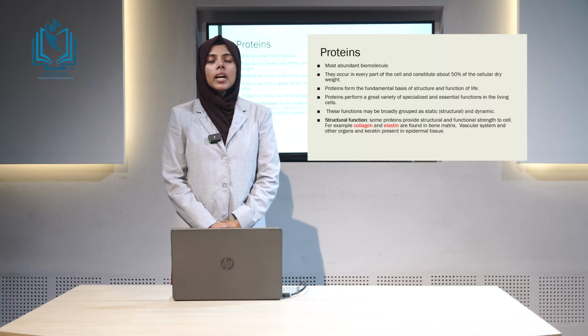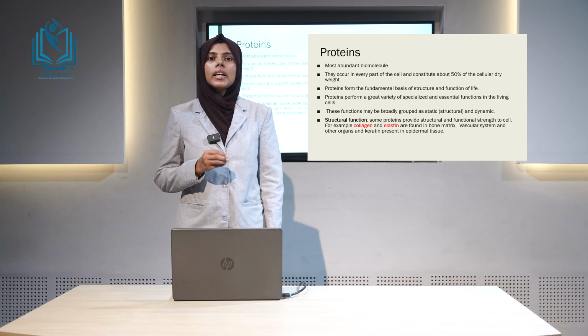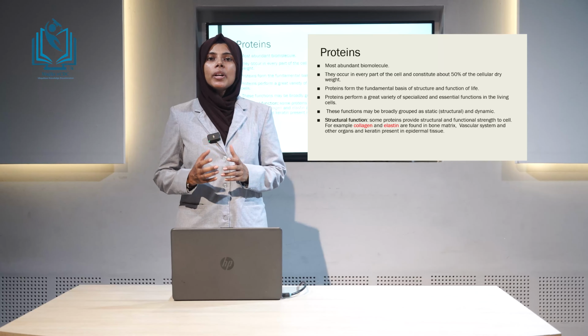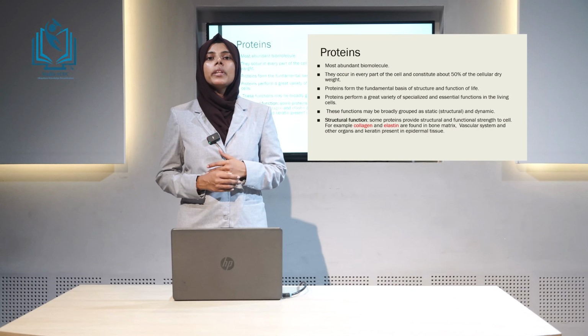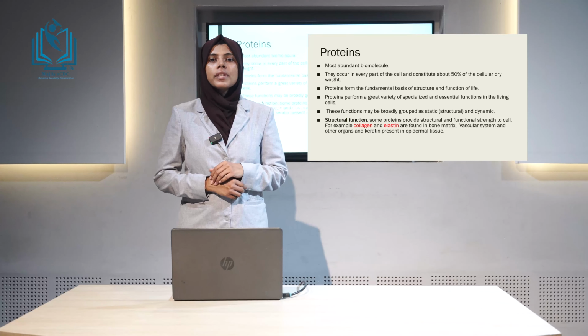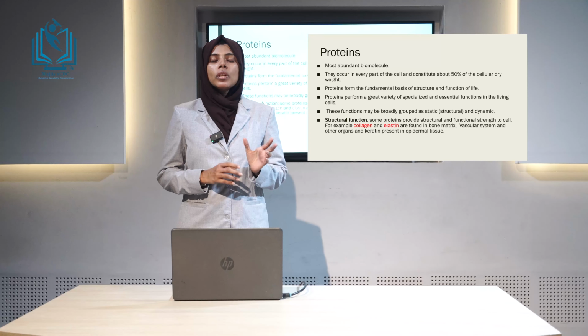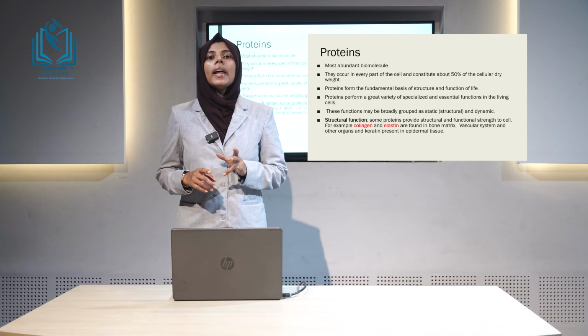All amino acids are alpha amino acids, and we know that more than 50% of the dry weight of our cells is made up of proteins. So the most abundant biomolecules in living organisms are proteins. Proteins form the fundamental basis of living life and the structure of the cell. And we know that based on function, proteins are classified into two: structural functions of protein and dynamic functions